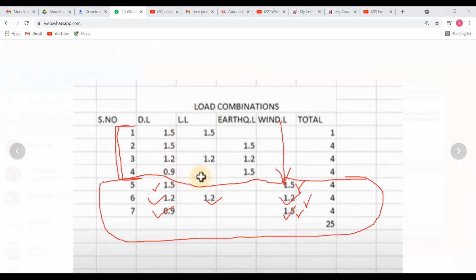If your building is more than 10 meters height, 10-meter height means how many floors? Above G+2, G+3.